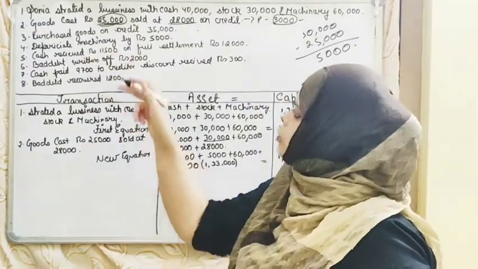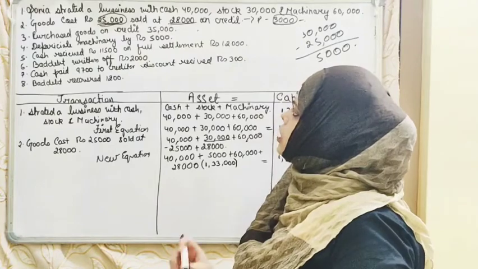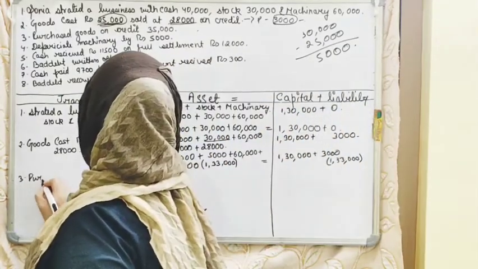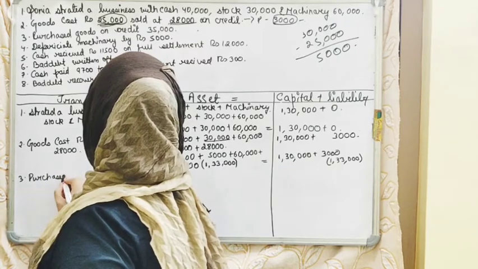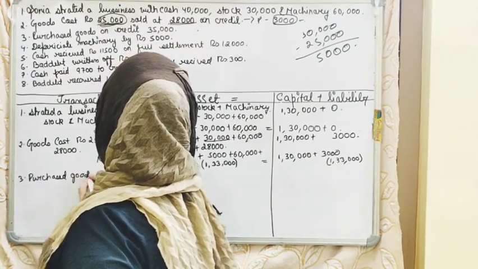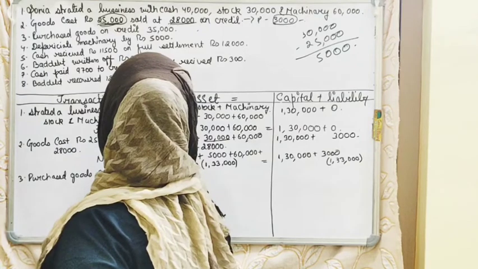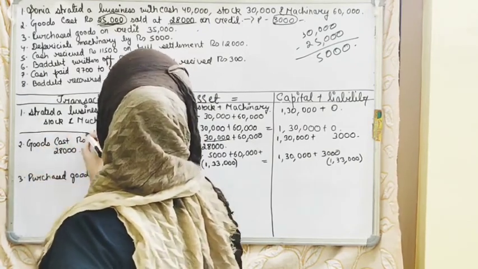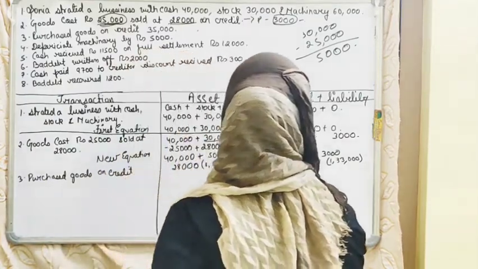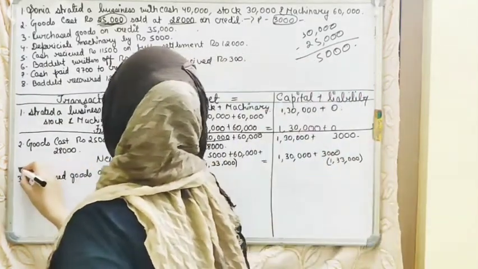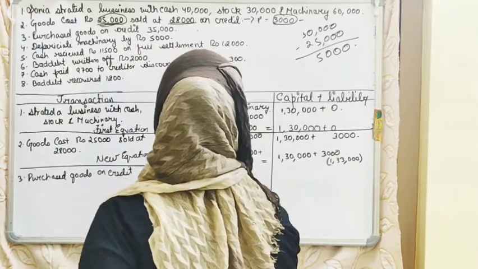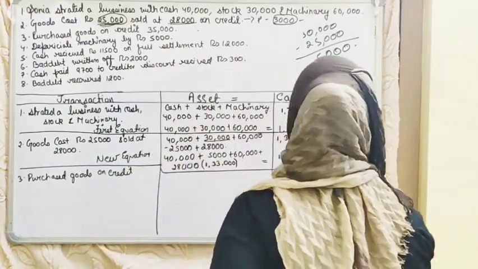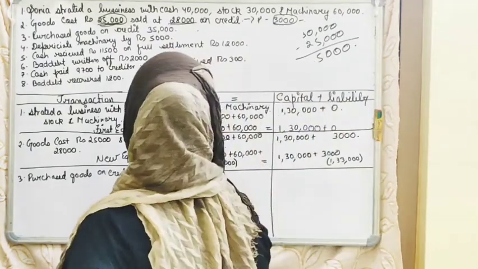Coming down to your third transaction, that is purchase goods on credit. Just we'll draw lines so that there is no confusion between the equations. So we have